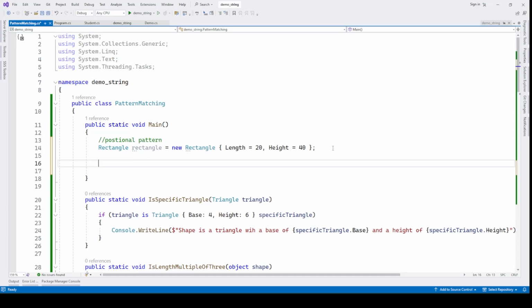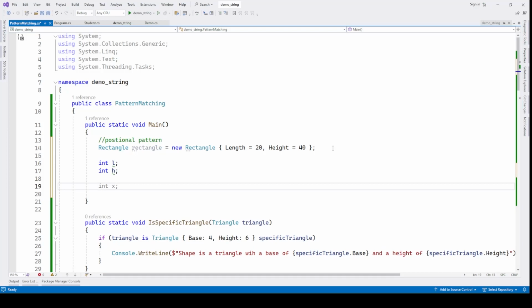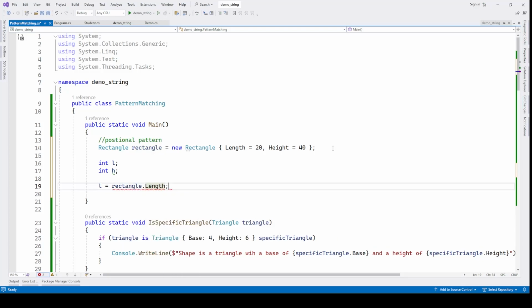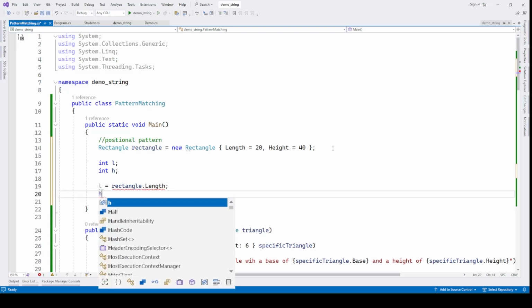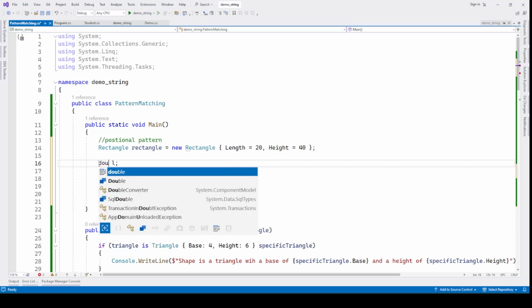For that, traditionally what I have to do, I have to create some variables for length and height, and then I have to set these variables like that: rectangle.Length and height equal to rectangle.Height. And guys, because the length and height is of double type, let's change the variable type here also, double,